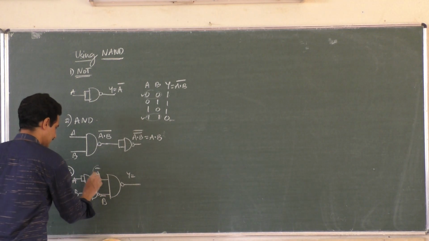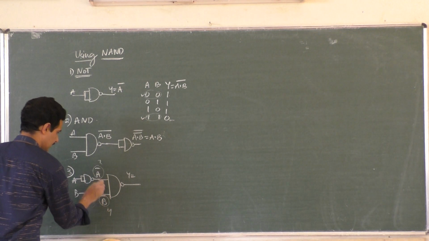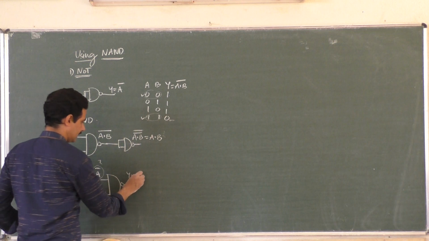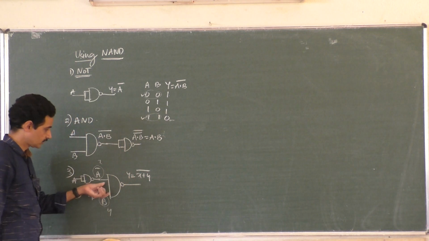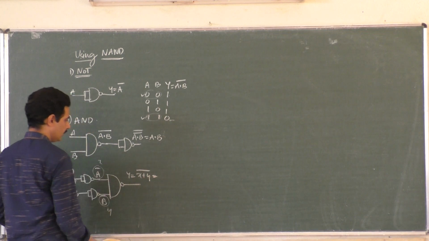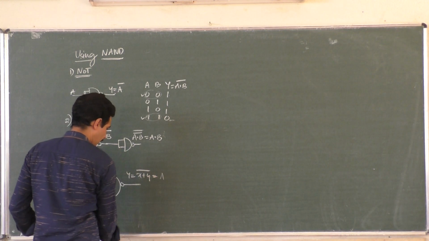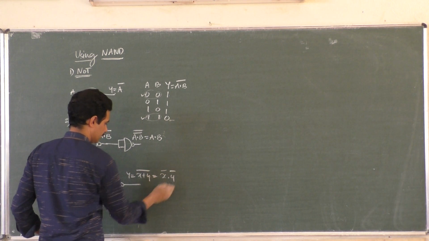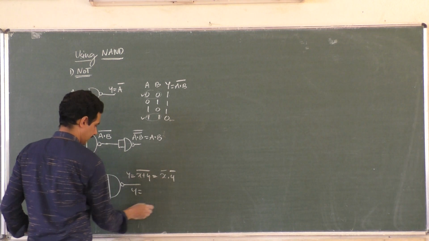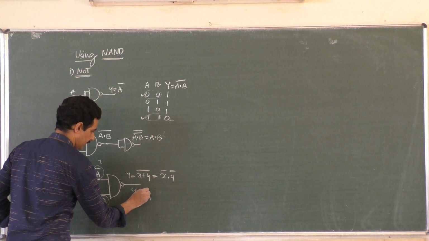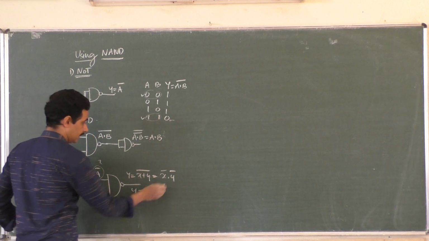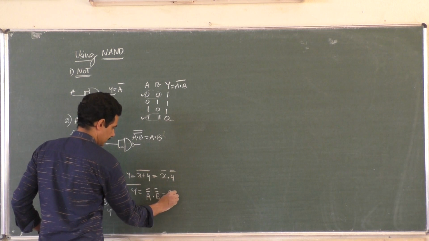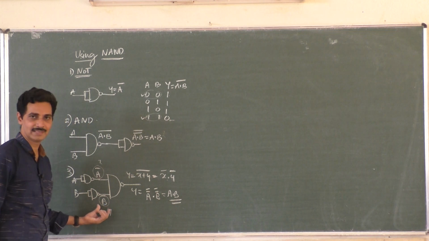How? Take this as X, take this as Y. If X and Y are the inputs to the NAND gate, then what should be the output? NAND, not AND, X dot Y whole bar, isn't it? Because it is NOT AND. What is X? X is A bar. Or I can apply De Morgan's theorem here. What is X plus Y whole bar? X bar dot Y bar. What is X bar? X itself is A bar, so A bar bar. What is Y? B bar, again bar, B bar bar. I have maintained this dot. That is A dot B. Very simple. So if you know De Morgan's theorem, you can easily write it.